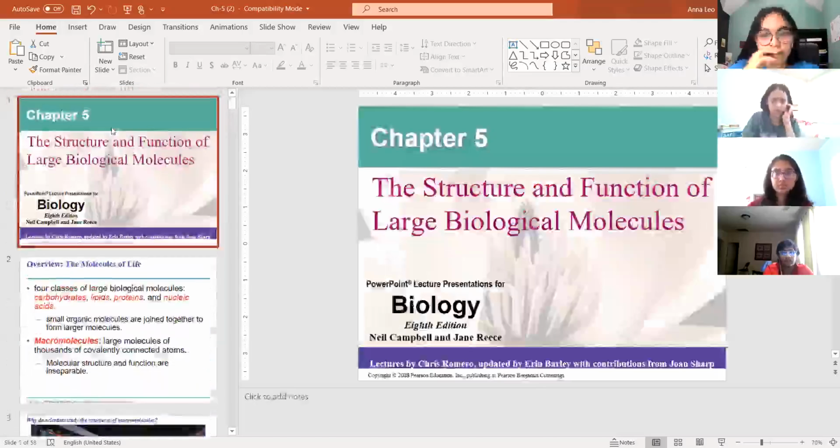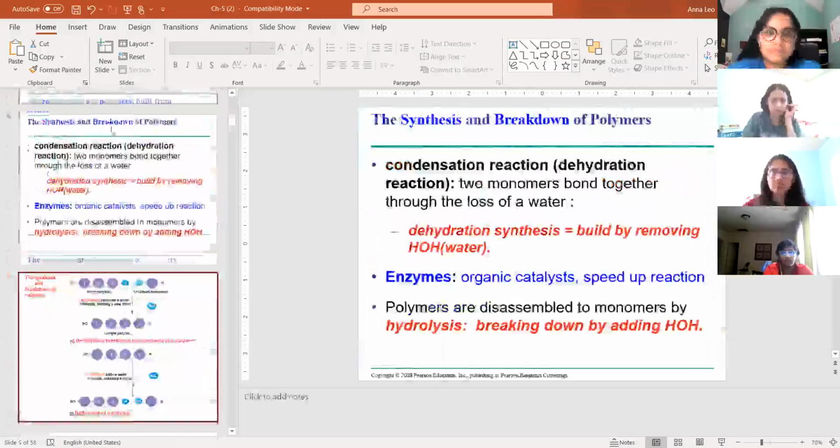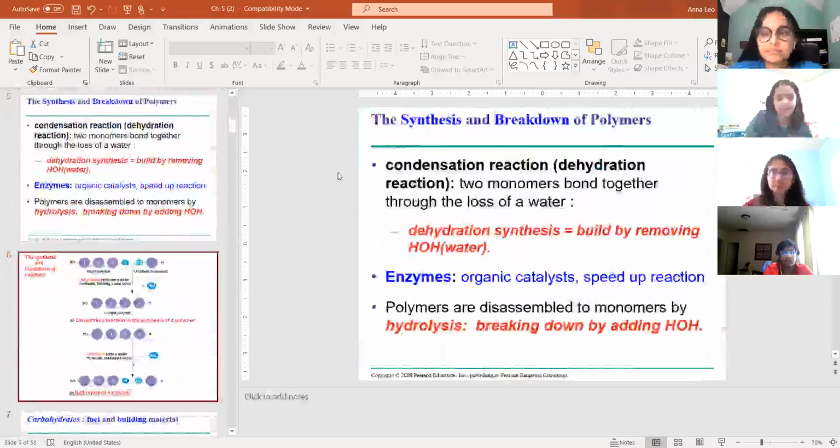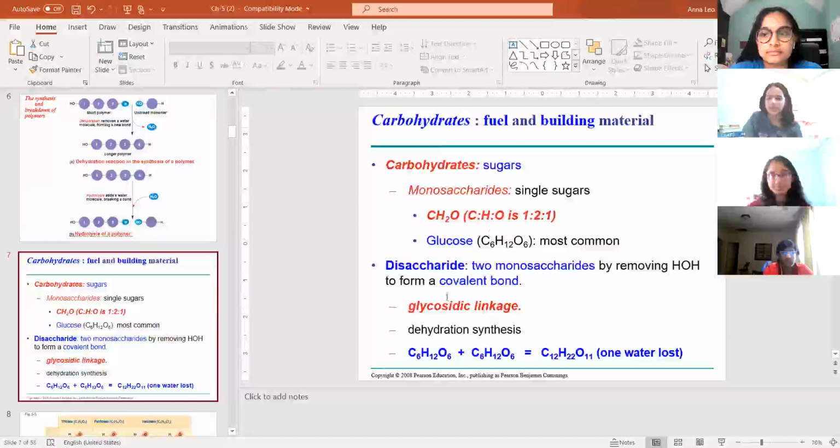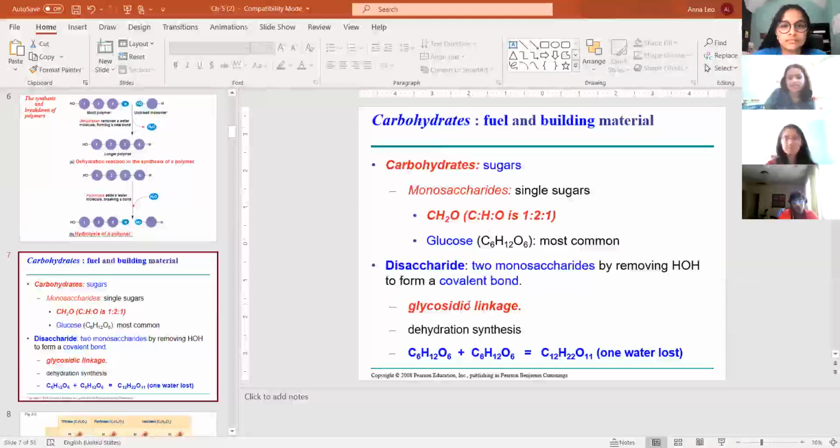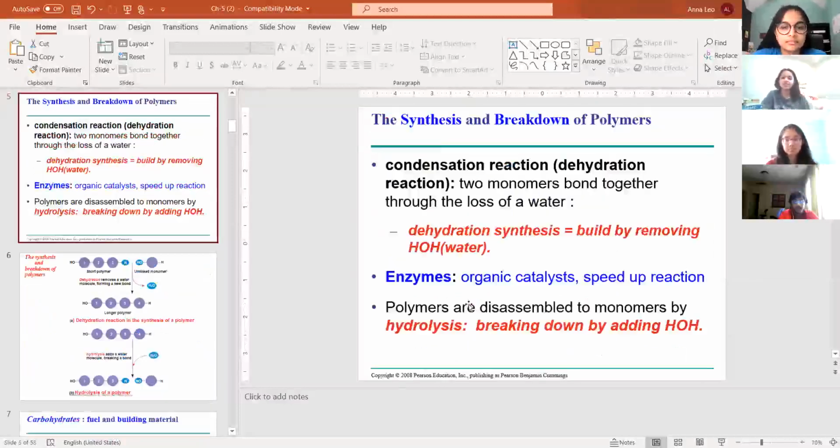Okay, so if we're reviewing that, basically we're talking about this, right? The glycosidic link here. The whole concept is that when you have polymers, you have monomers, which are like the building blocks of polymers. And so we're discussing how we build those polymers. The first reaction is a condensation reaction. What happens there is you have these two monomers and you link them together by removing a water,